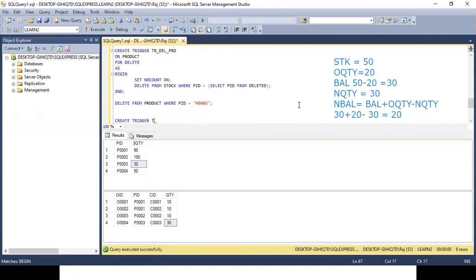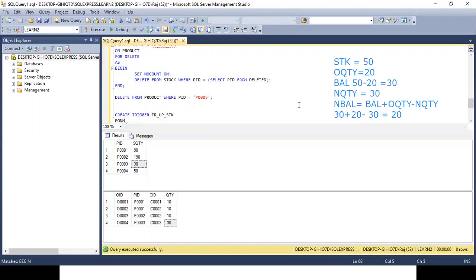So create trigger name on, on which table? On orders.